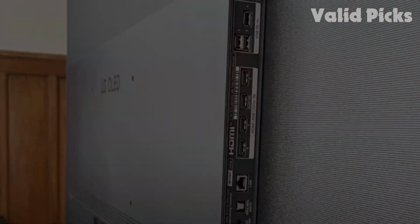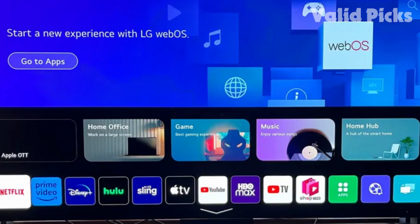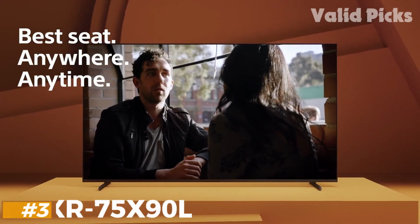The LG OLED C3 is available in a range of screen sizes, but we think the 77-inch TV is a fantastic choice if you're looking for a big screen that'll really make the most of the impressive picture it offers. Number 3. Sony